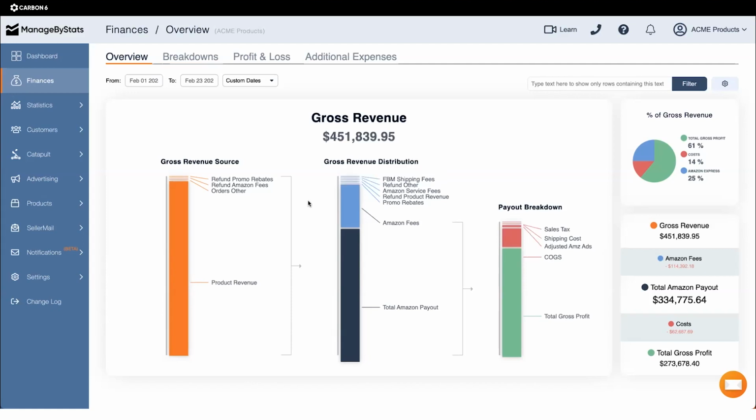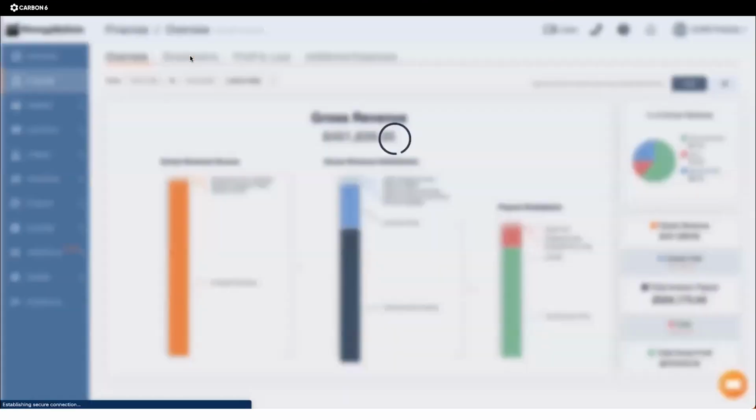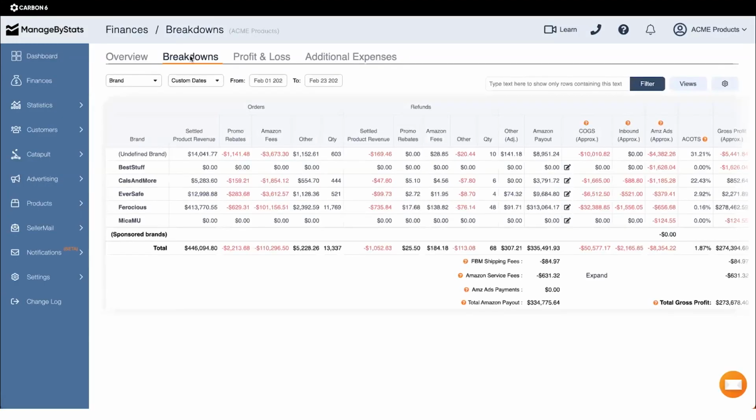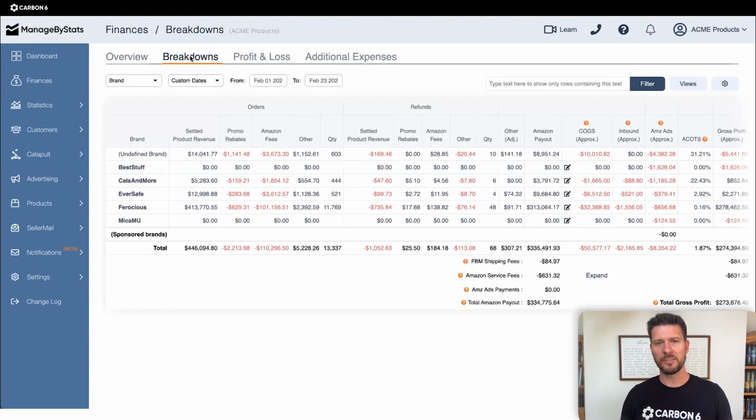But if you want to break this down, you get this summary, this overview from Seller Central, right? But in here, you can actually get a much more granular view of all of these metrics and see from your payouts and from your settlements, either on a settlement view, a statement view, or any kind of date range you want.